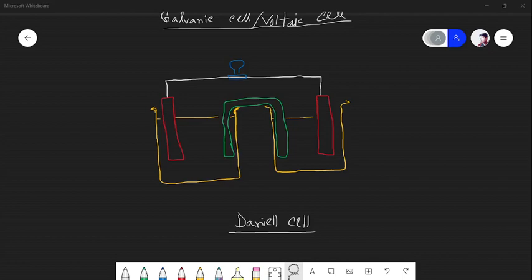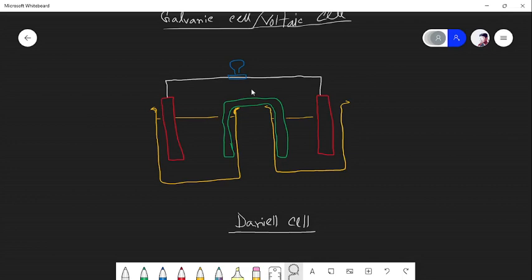In this video, we're going to talk about a galvanic cell or voltaic cell. Now, to understand the galvanic cell, we need to look at this. This is a picture of a Daniell cell. In a Daniell cell, there are two beakers, each containing a different solution, and the electrodes are also made